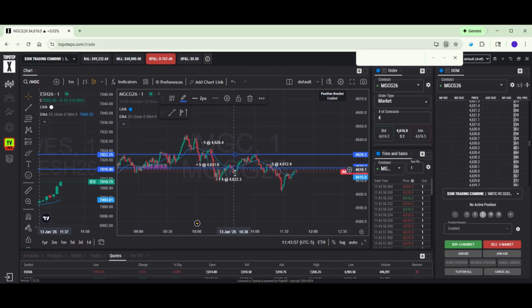We had this higher low. Yeah, so I guess market structure was starting to change, but maybe because one thing I noticed was that